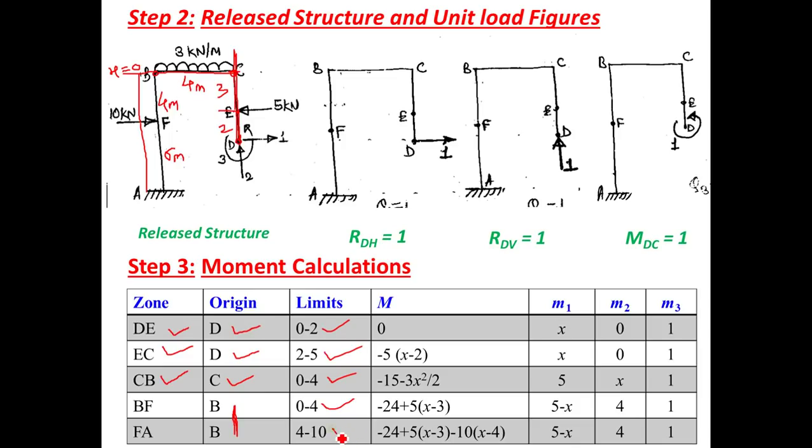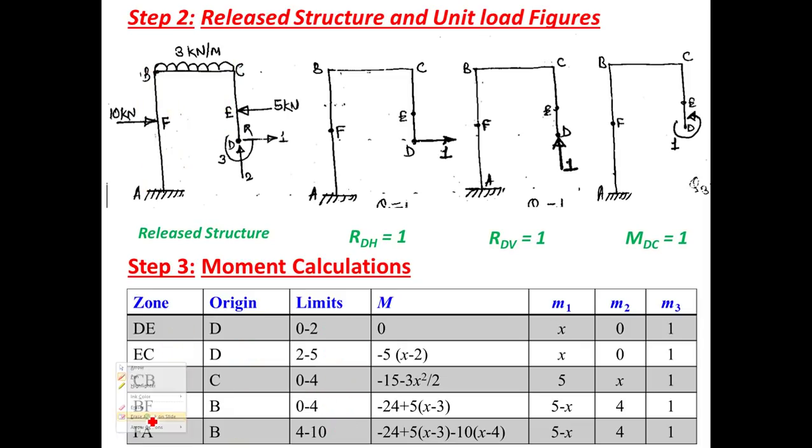So 4 to 10. Okay, always remember point load divides the column or beam into two parts, whereas UDL is a single zone. That's why the right column has two zones, then the beam is a single zone, and again the left column has two zones. Total number of zones in the given portal frame is 5. Okay, so this is the first figure.